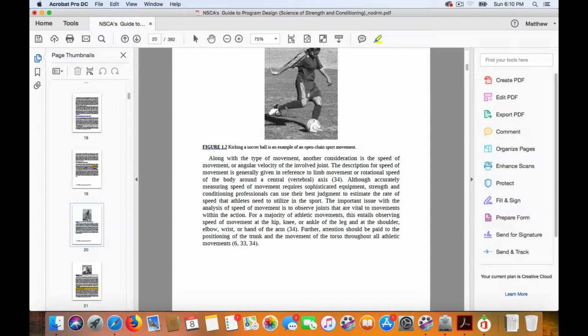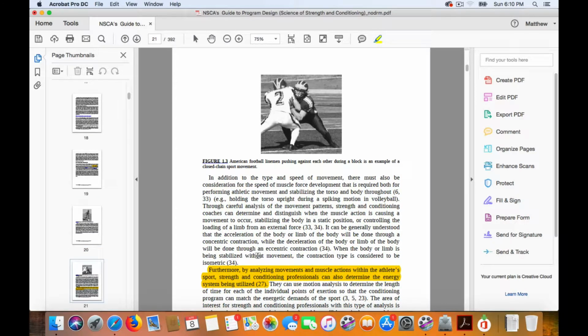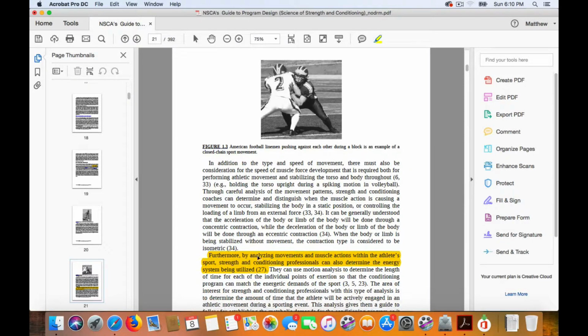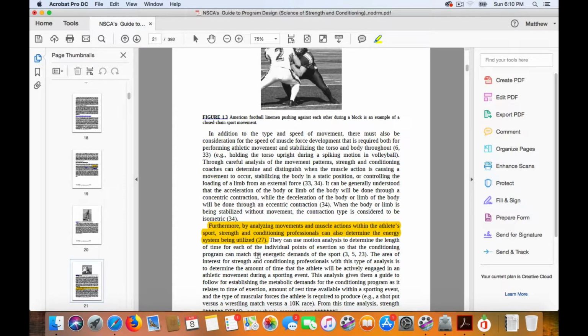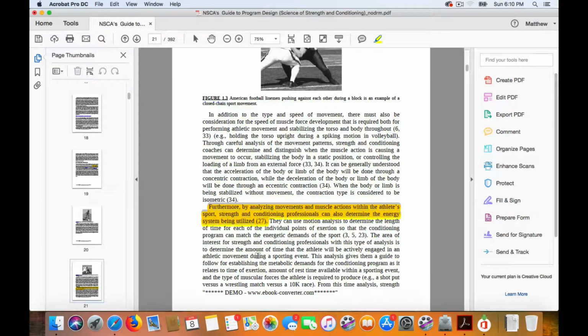Versus here, the open dynamic is the leg. The body is fairly stable and in place, but there's the joint structure moving in that open chain, the arm or leg. Let's see. So now I want to make sure